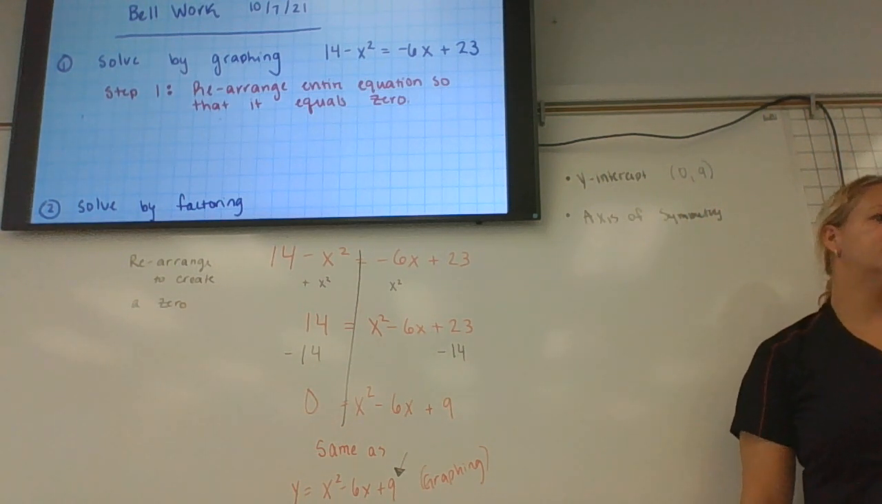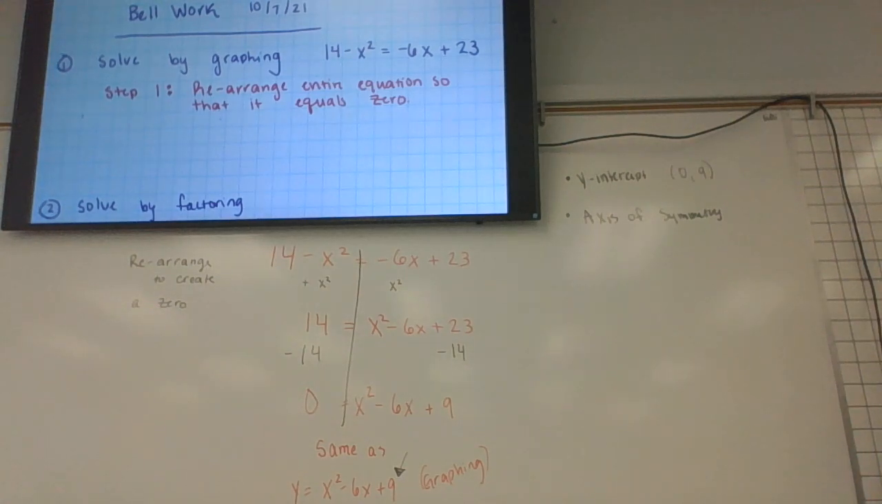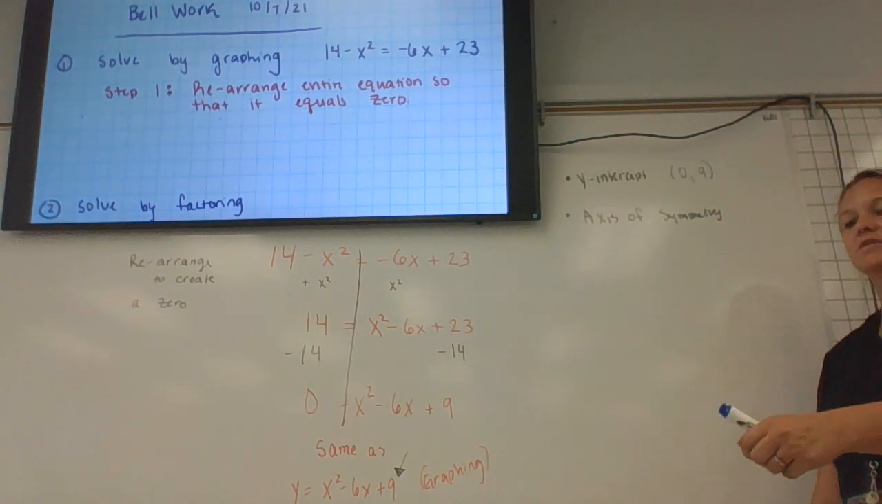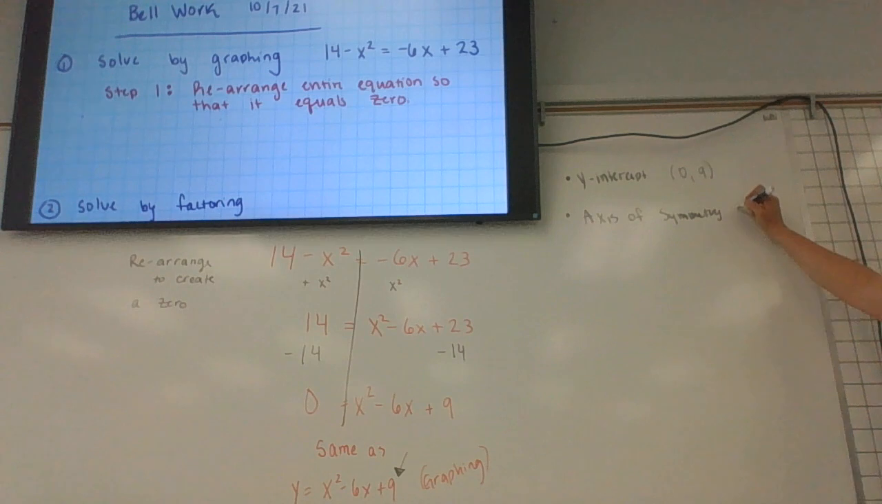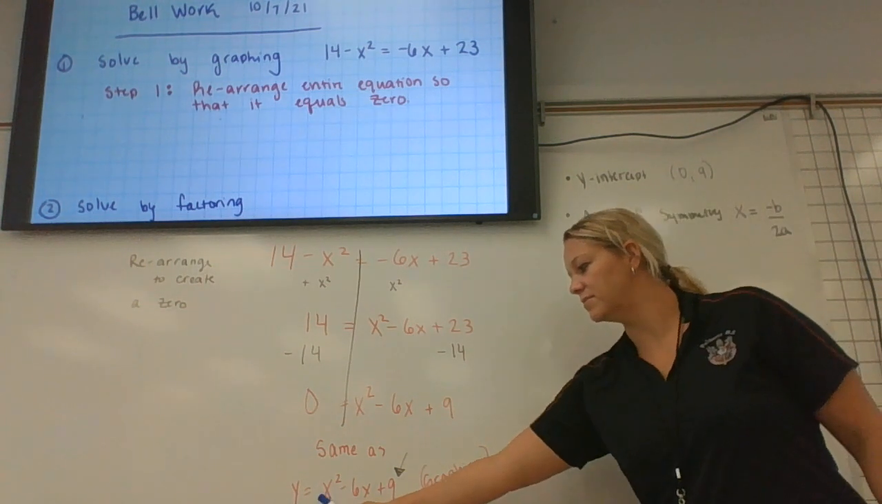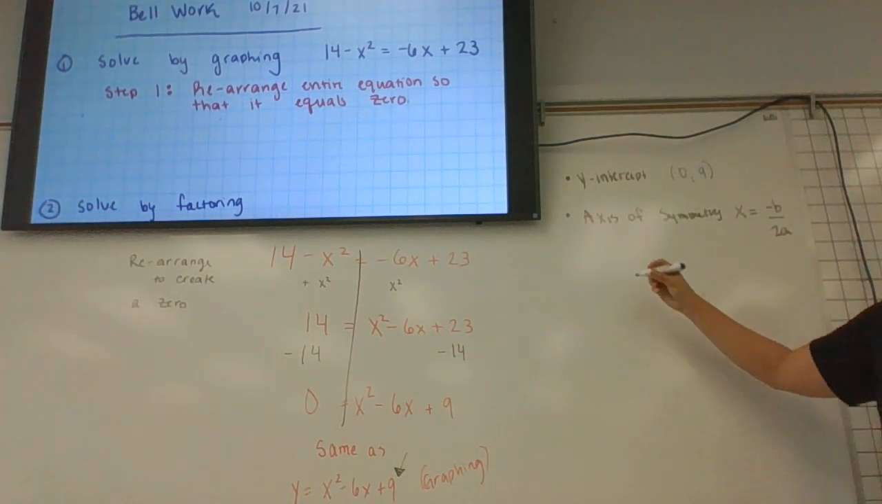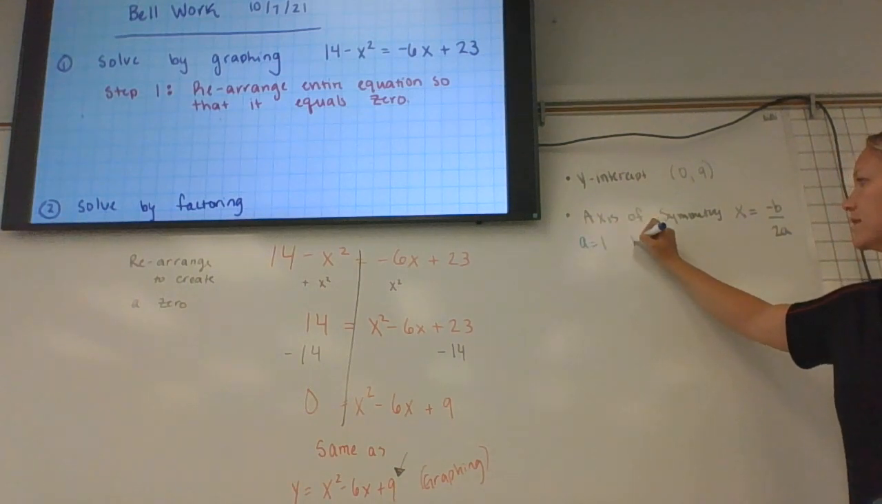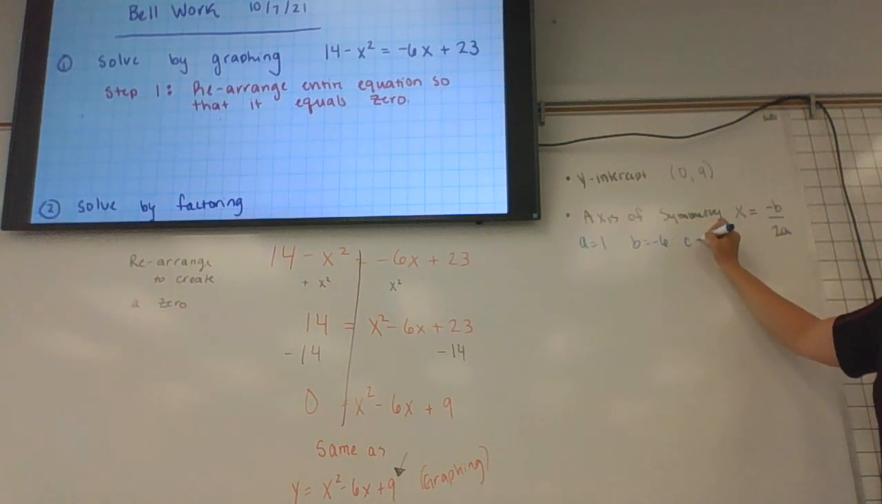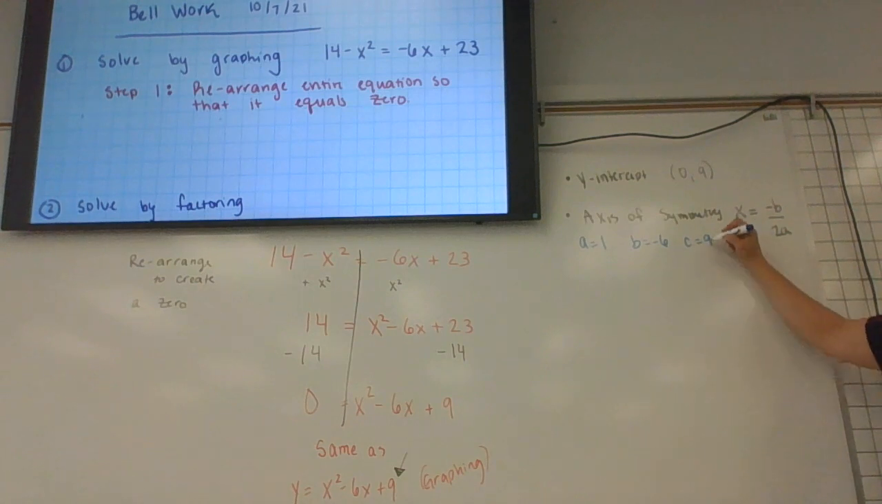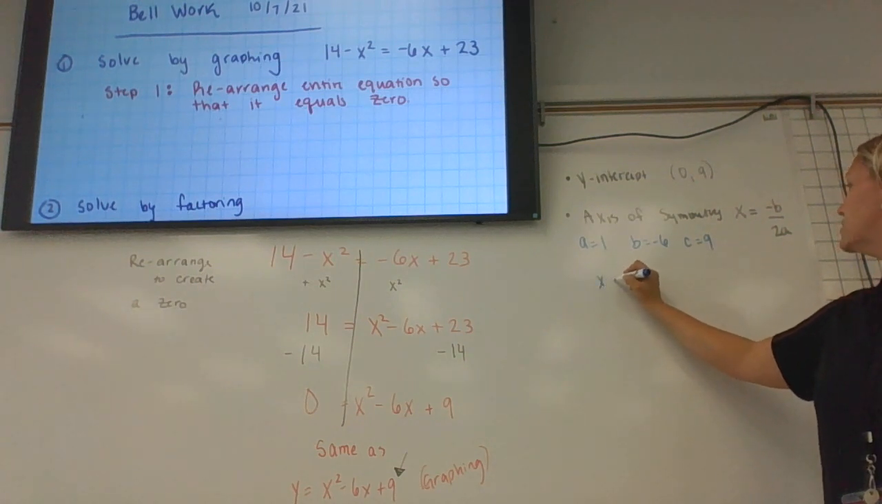You have your hand out, Paxton? Izzy, what's the formula for axis of symmetry? Yes. Allison, can you tell me A, B, and C? A is 1, B is -6, and C is 9. So we'll do